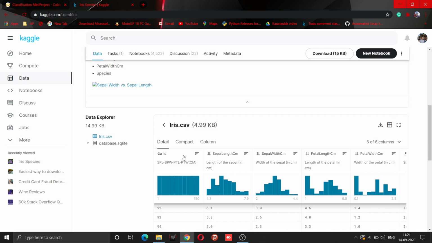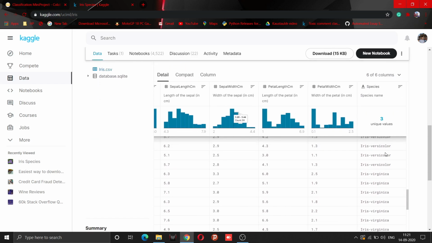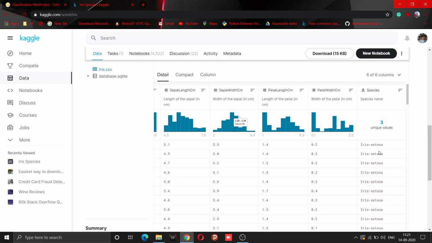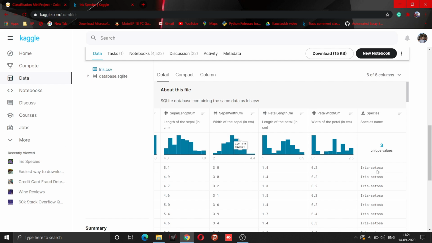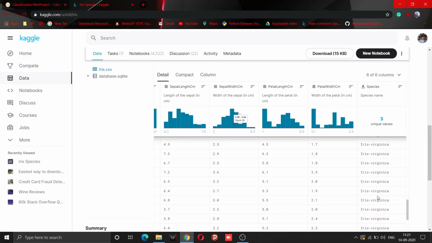The first 50 rows are of iris setosa, the next 50 are of iris versicolor, and the last 50 are of iris virginica. So we need to predict which species these details belong to.